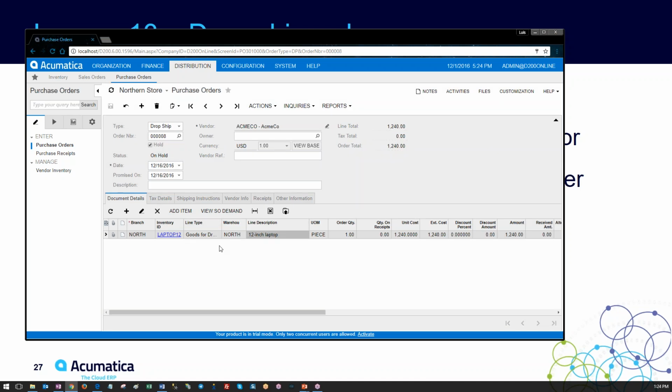Okay, and we can see, we save, take it off the hold, save the purchase order, and now